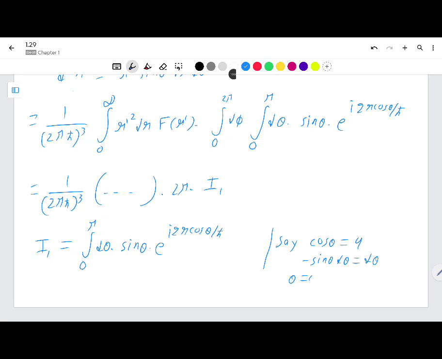When theta is 0, u is 1, and when theta is pi, u is minus 1. I1 is changed to the integral from 1 to minus 1 of du instead of sin theta d theta. And this is e to the power i q r u over h bar, which gives us,